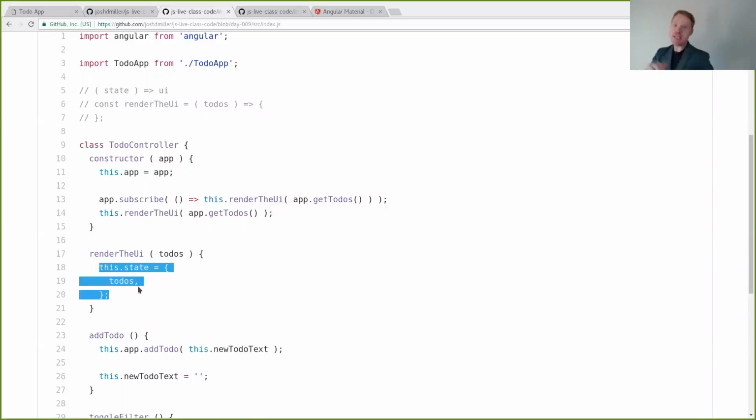In React, when we got all this new data and we knew we needed to refresh, when we called our version of render the UI, we said, okay, ReactDOM, render it out again, and it manages whether it has to re-render everything or only parts of the tree. Angular doesn't have that. Angular has its own cycle, and it manages all of that for us.